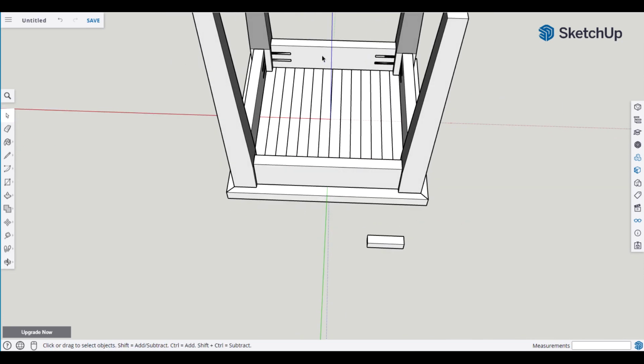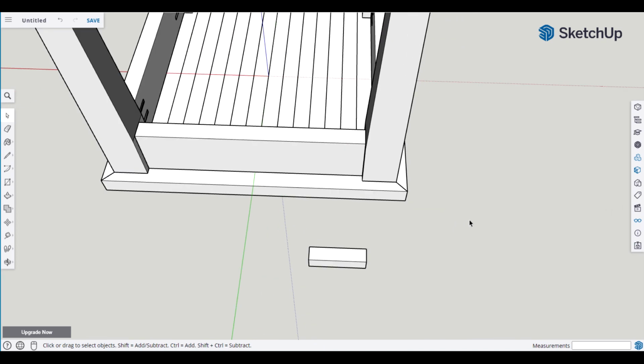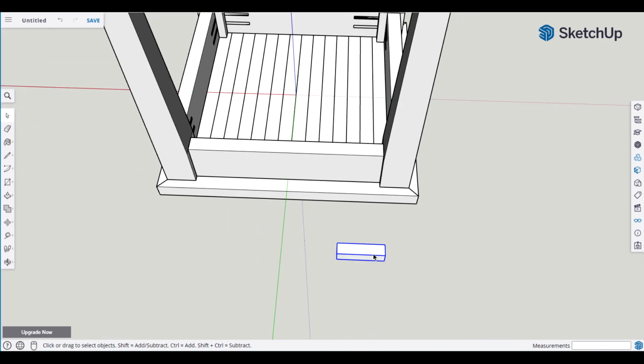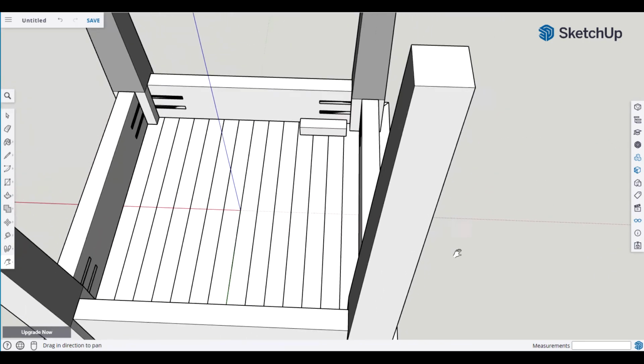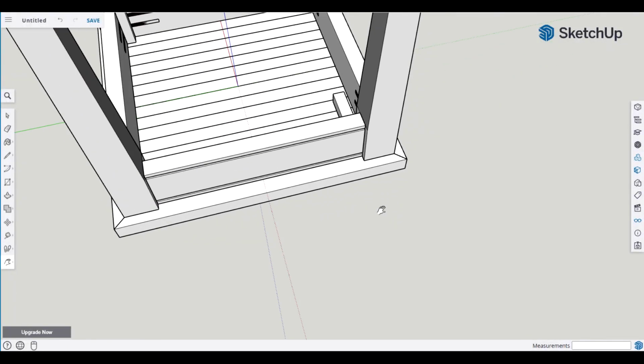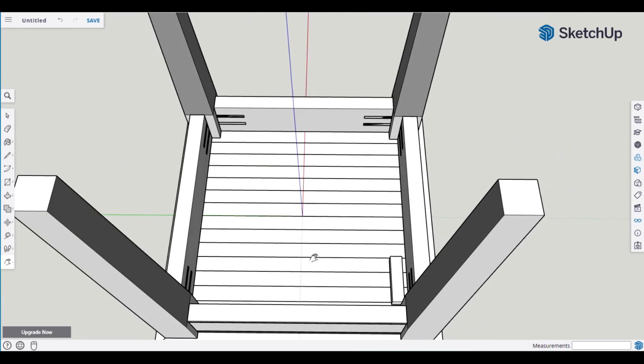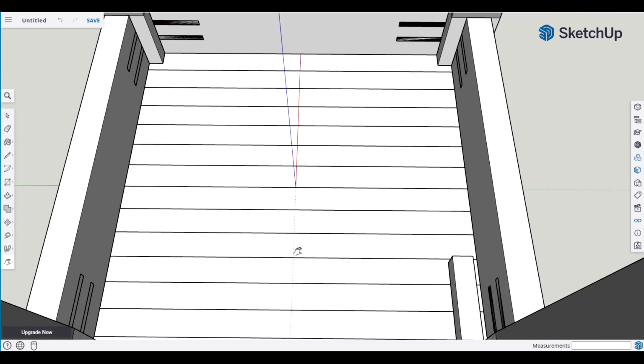Now, you could do pocket holes here, but I'm just going to go ahead and do a glue. We're just going to go ahead and glue like I do in the video. So now what we got to do is we got to move this, select M, and attempt to put it here. So let's just put it there, select away, and hit H. And we're going to rotate here, H. Space bar, select,